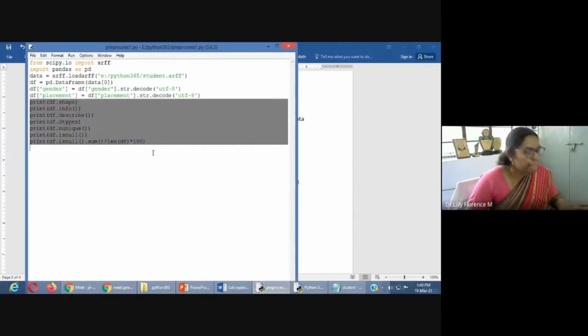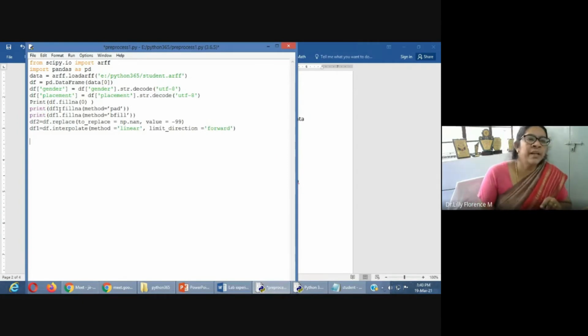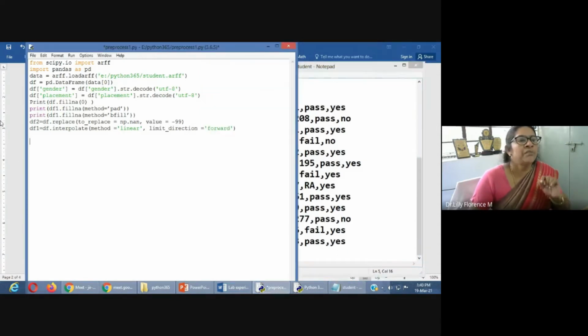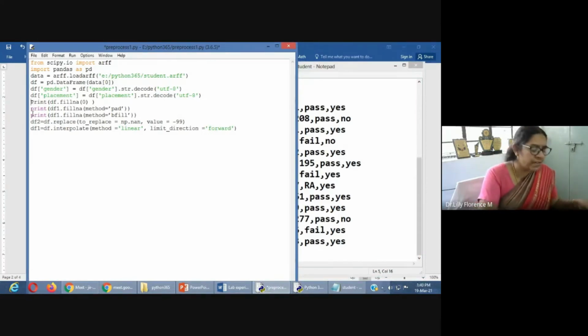See, fillna is a method which will fill whatever value we have given, instead of NaN. So here, this is the data set we have taken. In this data set, we have NaN in two places. Suppose you are using fillna with 0, instead of NaN it will fill the data with 0.